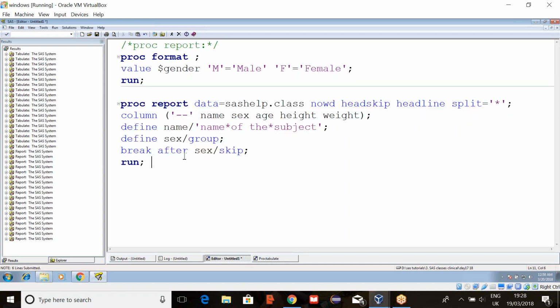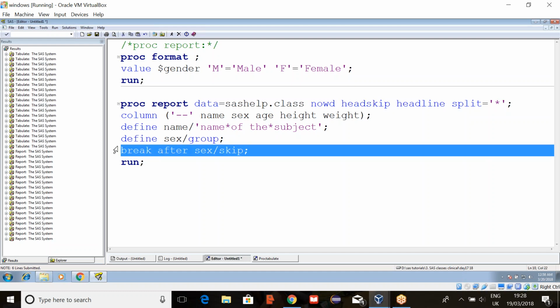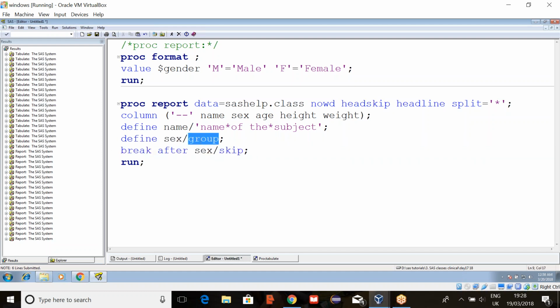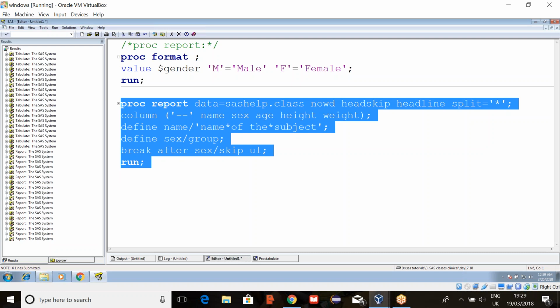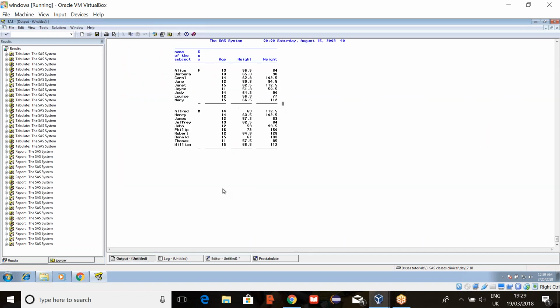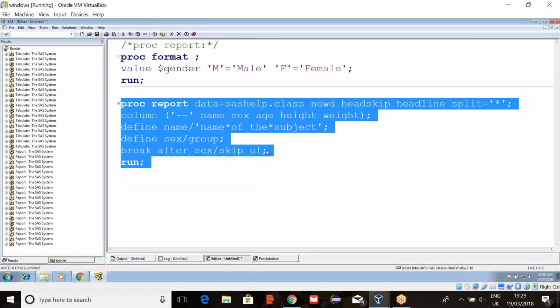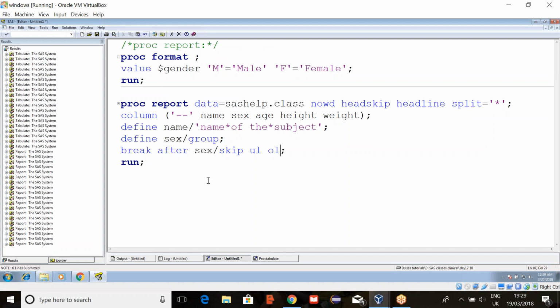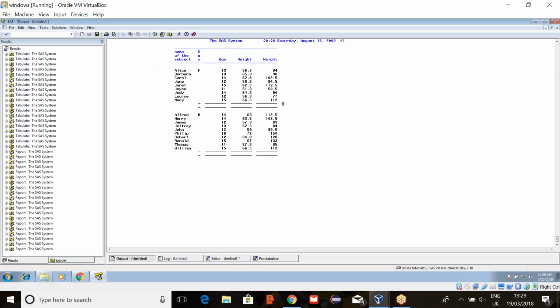And remember, always we have to break the variable which is grouped or ordered. Without ordering or grouping, we cannot break the variable. And if you write UL, which means underline, it will give you a line here. If you write OL, which means overline, it will give you two lines.